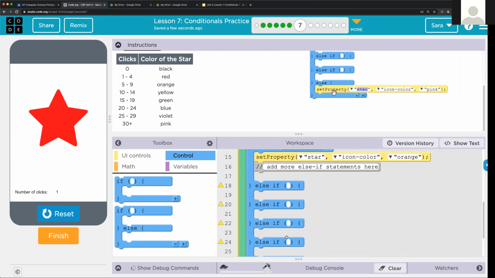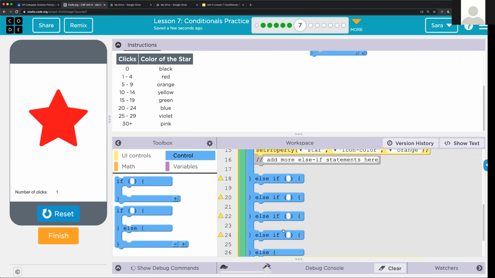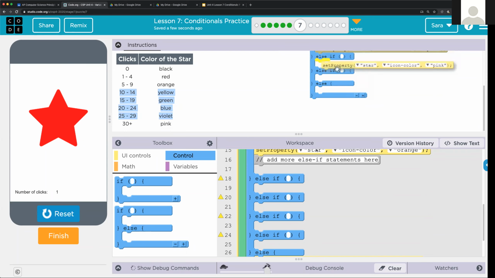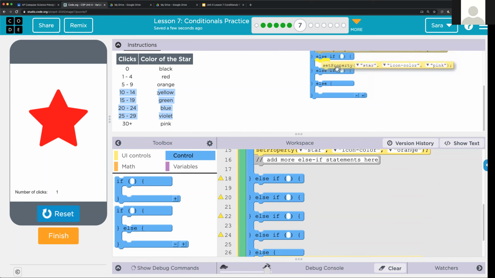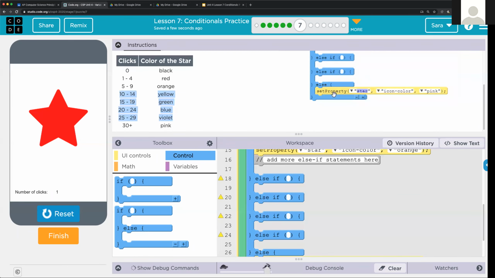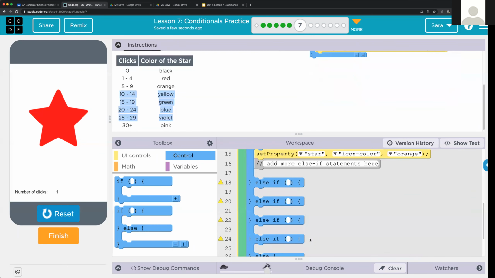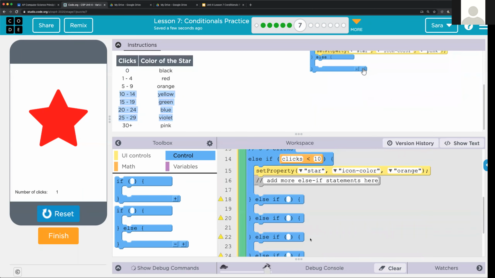So now what I'm going to go ahead and worry about is these 4 conditions right here in the table where it tells me what colors to change the star to. So the first one I see is I want to change the star to yellow when the number of clicks is 10 to 14. Now, thinking about what Justin said,